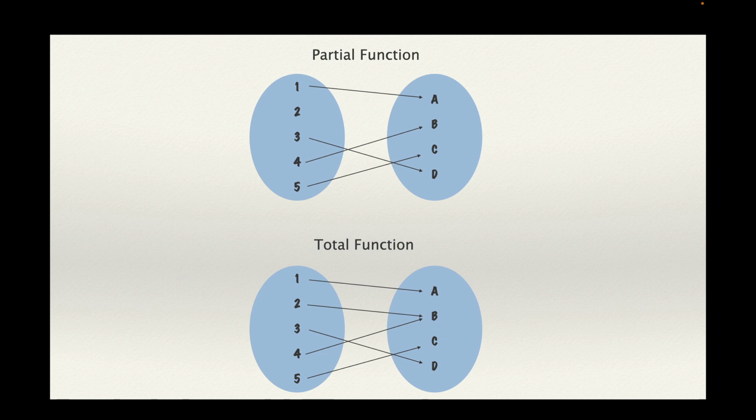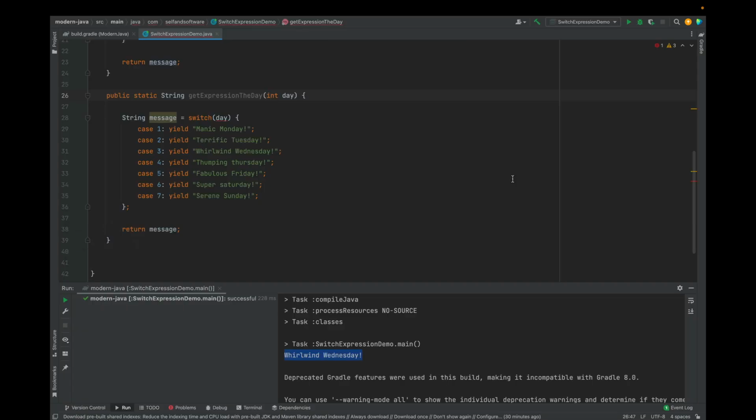So how does this relate to switch expressions? Switch expressions encourage you to write what we call total functions. In other words, you want to explicitly specify what you're going to do for each case. And that is considered best practice because you're being more explicit about how you're going to handle each case. And the way switch expressions help you with that is that it actually doesn't compile unless you specify a default,